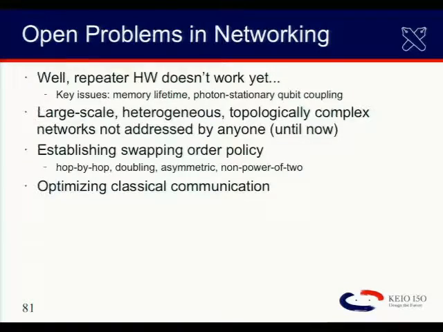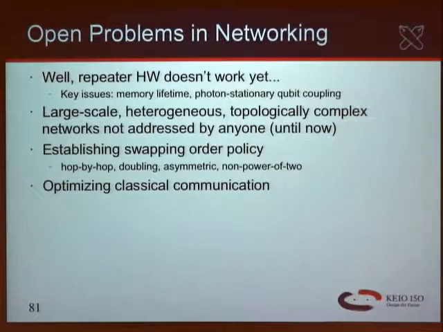Part of the driving reason behind Bill's quasi-async stuff and Liang's work and Austin's work is to try to eliminate some of the round-trip communication delays required in the classical protocols, particularly for purification. There are also one-way purification protocols that are not as efficient. The goal of all of this is to trade off things in the entire system that are low cost or essentially free in order to do less of this. It's those kinds of engineering trade-offs.